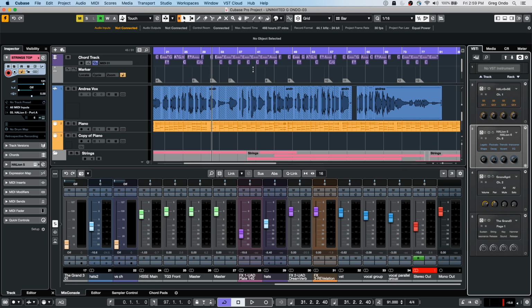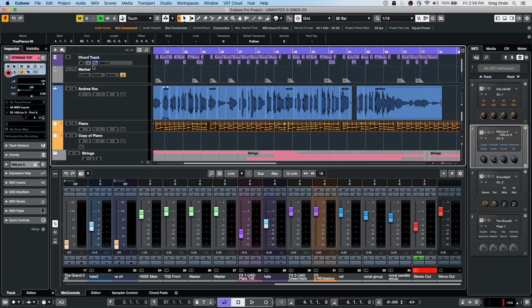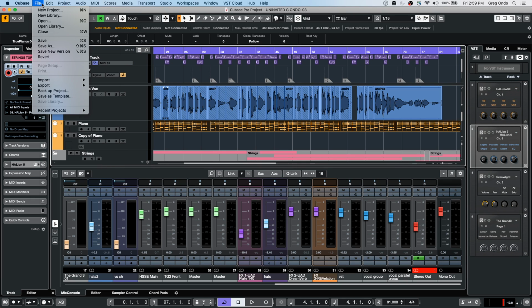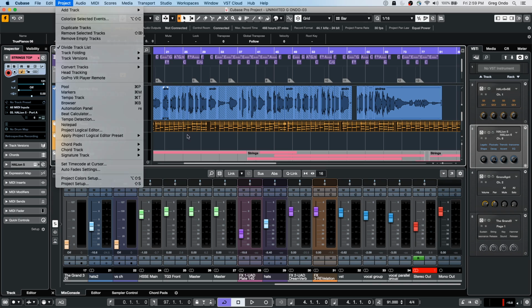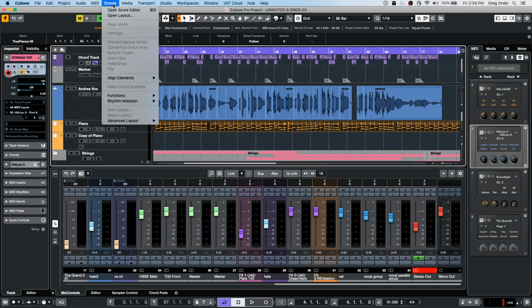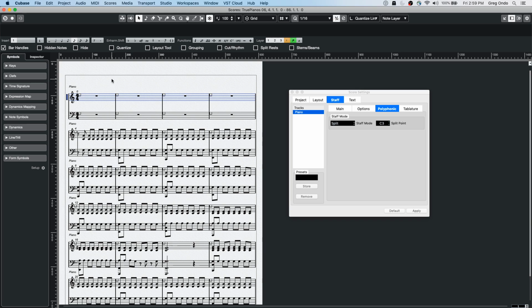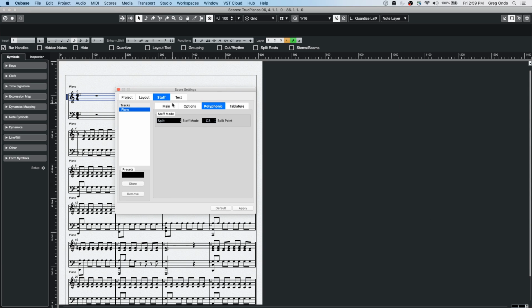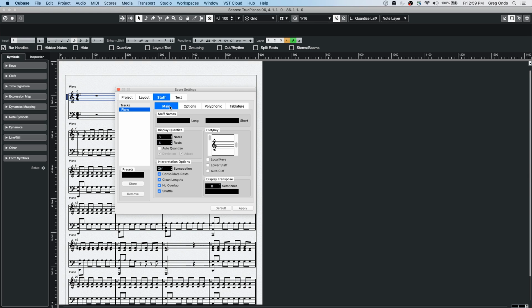Okay, so question, how can we do polyphonic mode voicing on drum staff? I may not have a good file for that, but let's go into a particular file, into the score editor, and if we wanted to do polyphonic voicings for drums, I think where you would find it,